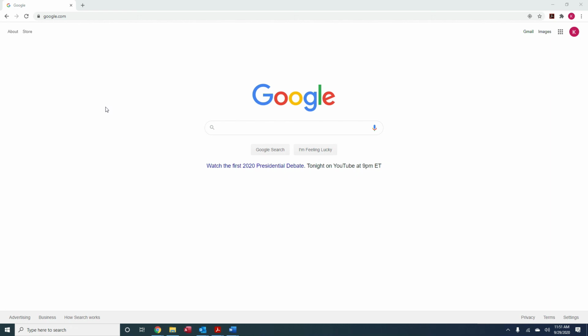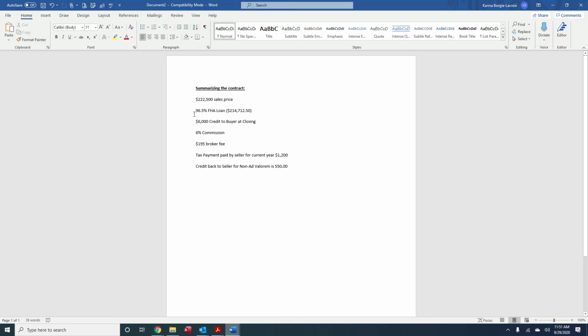Hi guys, I'm going to show you how to use a net sheet calculation on a specific transaction. Someone has requested me to do one for them, and I'm just going to show you how to do this one and customize it to these specific terms. So the terms of the contract right now are: